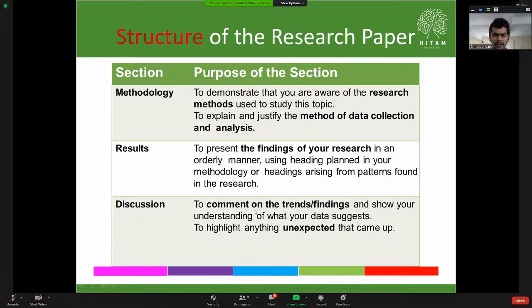That you have to tell about in the discussion part. For example, I have followed Mr. X's paper, but I got 90 out of 100 marks only, while Mr. X got 92 out of 100. What is the difference, what is the gap, why did I get 90 out of 100? That you have to write in the